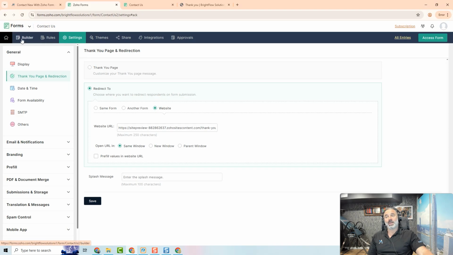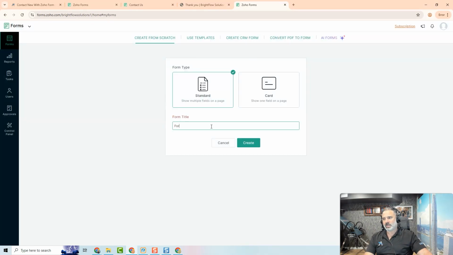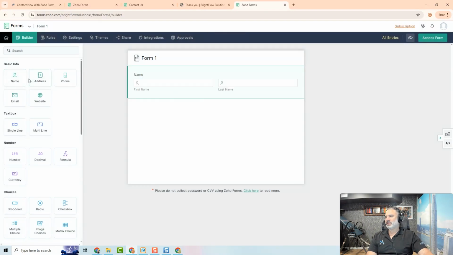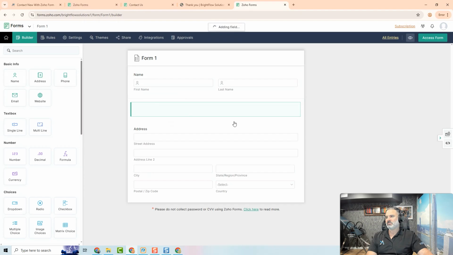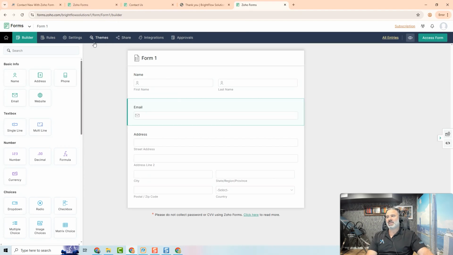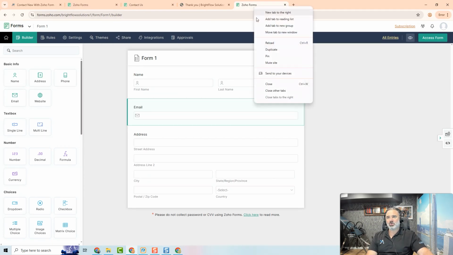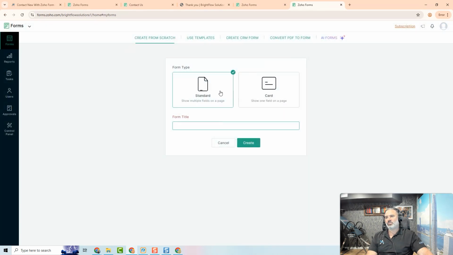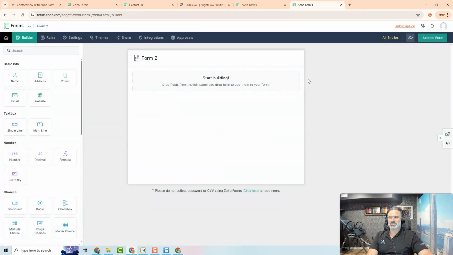And I want to go now to this option, which is in another form, and I will show you now. So I will have here, let's say, form 1. And in form 1, I will have the name, and let's say the address and the email. So that will be form 1. In the settings, I can do something. So let's keep this open for now. I will open another form, and I will click on form 2, and I promise to give you all the details in a second. Maybe right now you're a little bit confused, but it will make more sense in a second. Form 2,